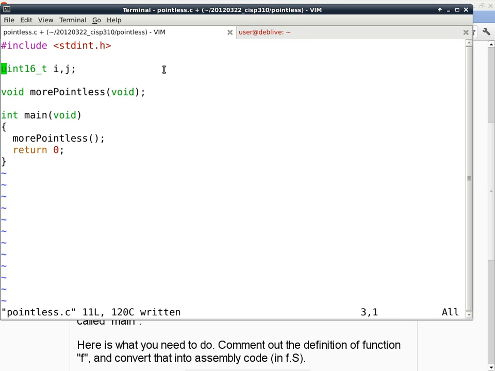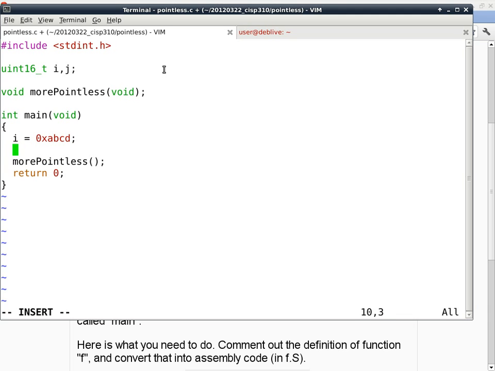So we're going to do it like this one. And I'll just make the program a little bit more entertaining. So i gets a particular value. Let's say this one gets ABCD, and j gets DEFG. Oh, there's no G in hexadecimal, so we'll just go back to 0. All right. So here's my C code, and